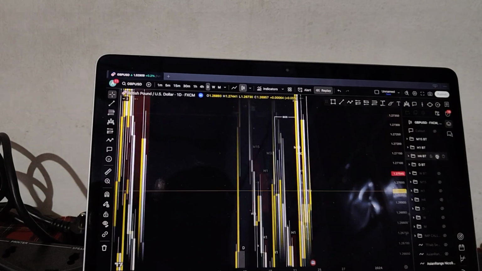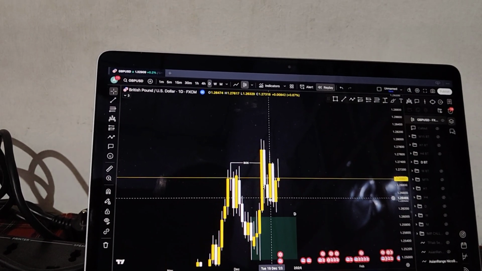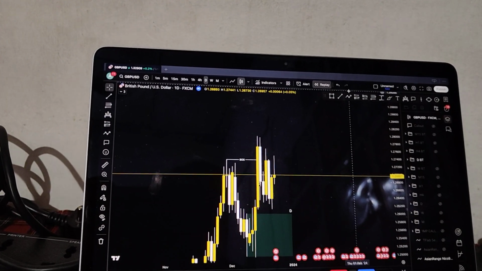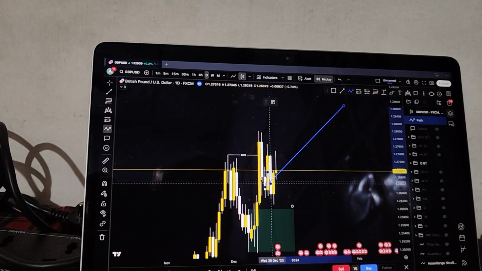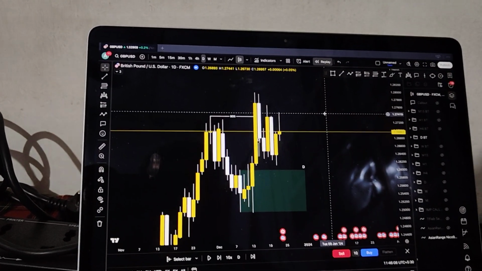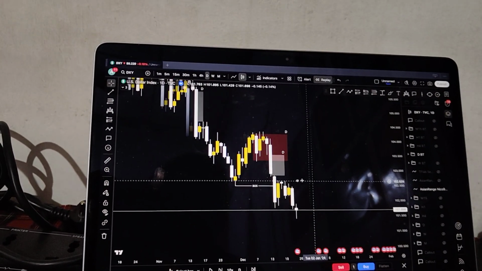So now going on the daily time frame, let me show you what happened throughout the week. Monday went down, Tuesday went up, Wednesday went down again, Thursday went up. What the hell? Now this is called a pure choppy market. You can't do anything in those kinds of conditions, bro. The best thing is don't trade, to be honest. But if you are trading, always trade with the daily bias.